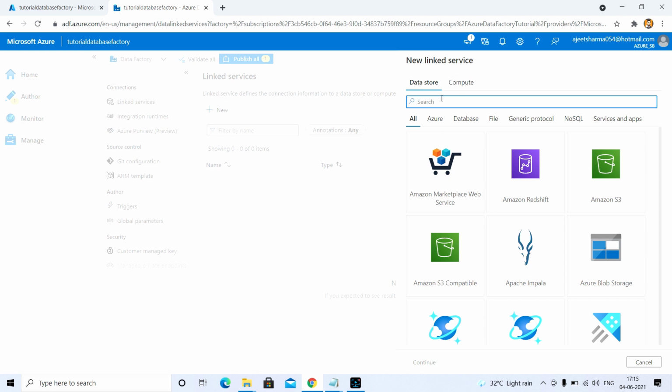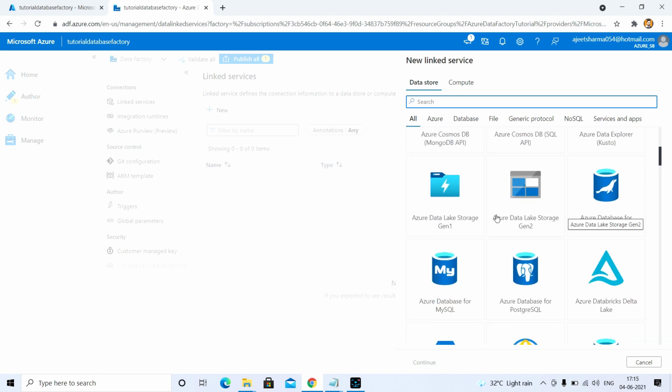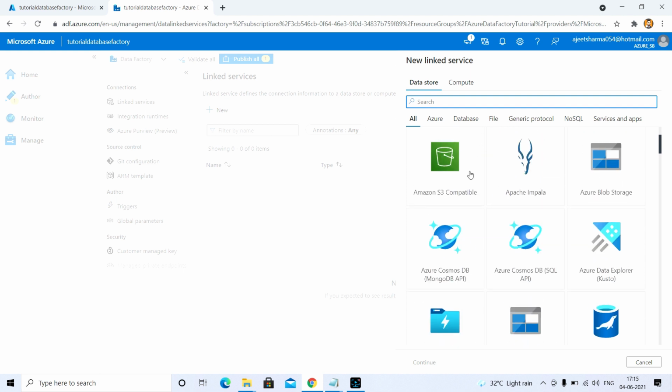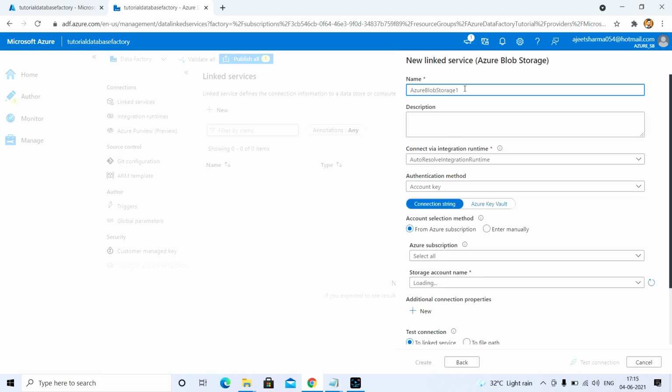Here you can go to Azure and you will get the Blob. So this is my destination, where we want to put the data. Mentioning the destination, I'm proceeding with the default.